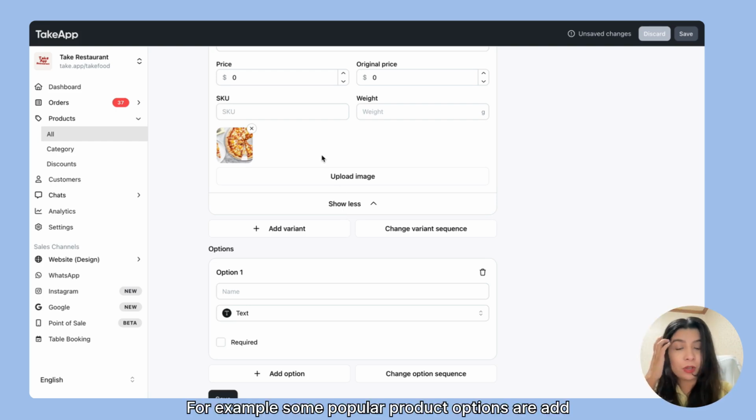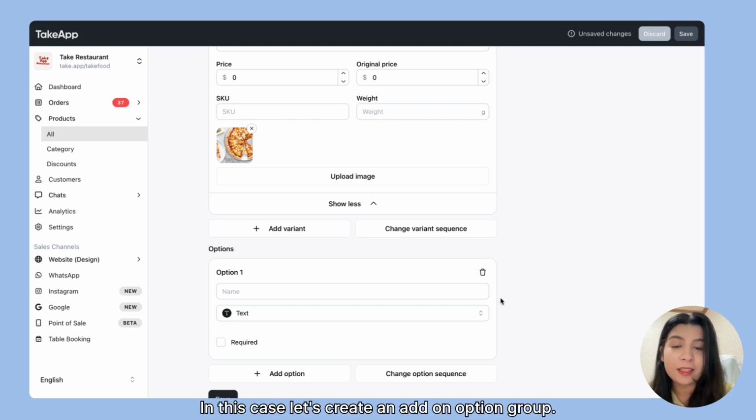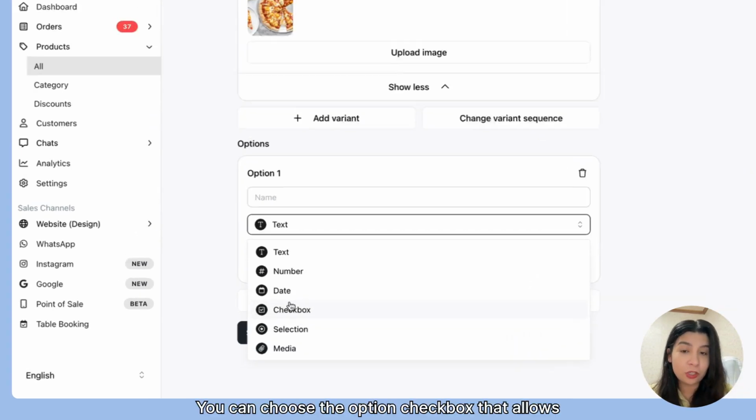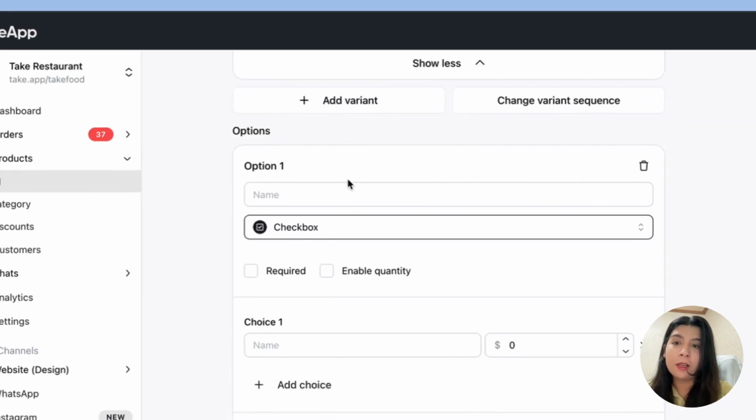For example, some popular product options are add-ons for extra toppings, gift wrapping, a spice level, to add a drink, ask for customer preferences, etc. In this case, let's create an add-on option group. You can choose the option checkbox that allows your customer to choose more than one choice. So let's add